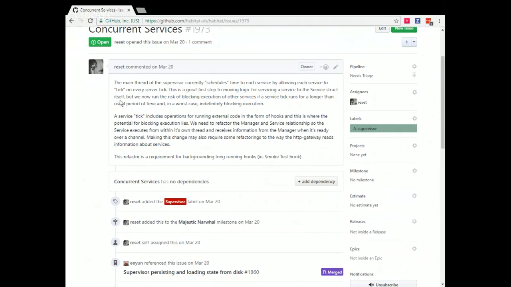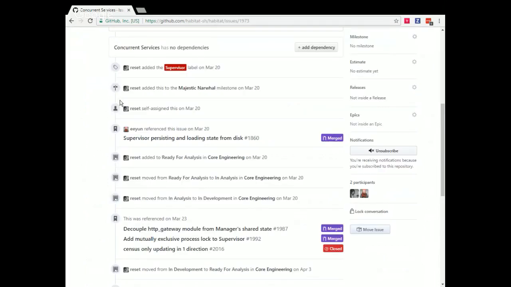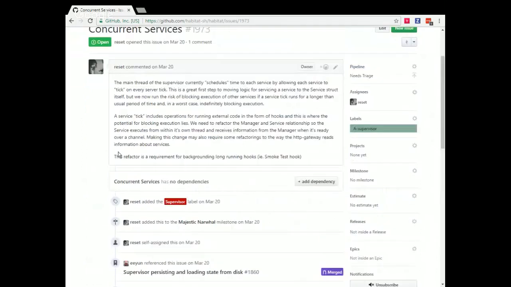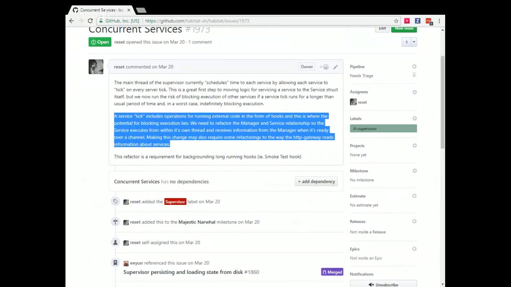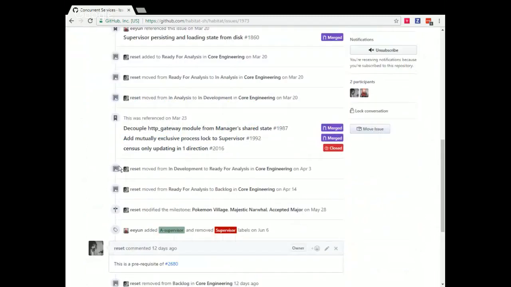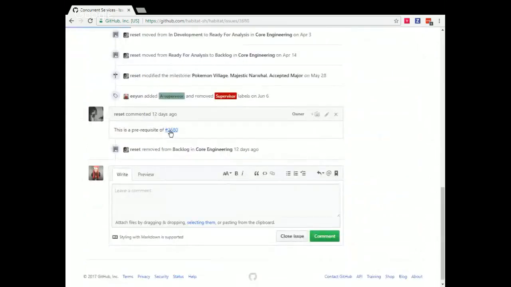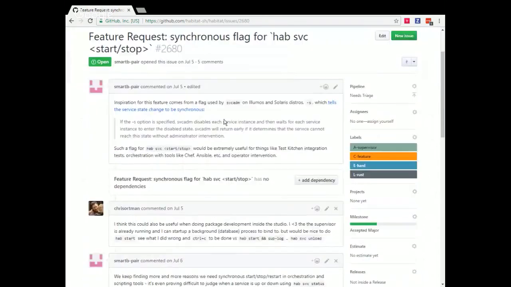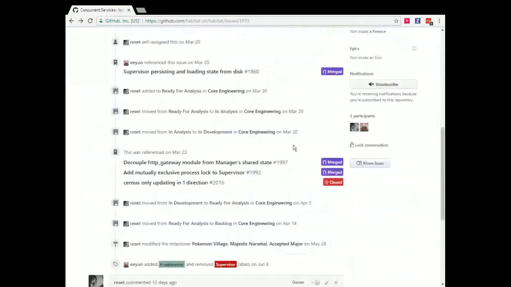So this is for those of you who haven't spent any time in the code base, and I do think that probably none of this will make sense to you. But if you go in and look in the sup component in the code base, you'll notice that we've got a manager directory in there with some different Rust code. That's mostly what Jamie's talking about here. This is something we're going to have to do. I think if this is the issue I'm thinking it is, yeah, the synchronous flag. That was what I expected.